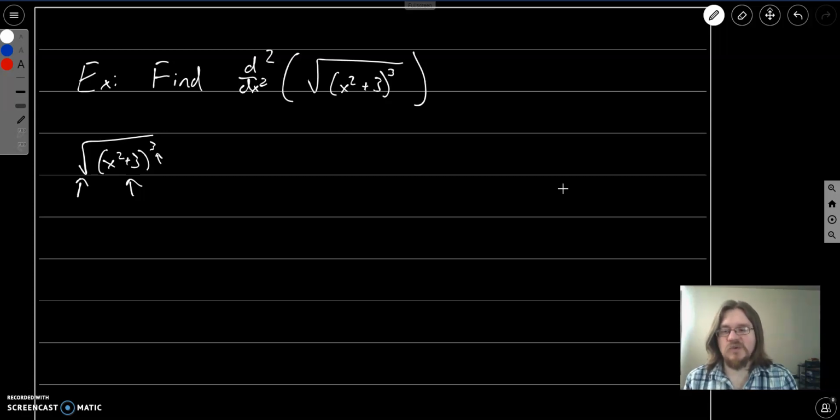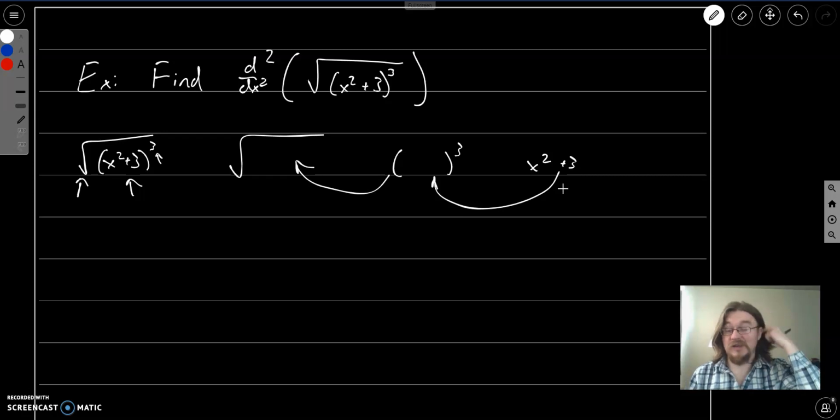So when we look at this, we've got, say, 3 nested functions. I've got the big square root on the outside, I've got the function in the middle, that's take whatever and raise it to the third power, and then we have the function way on the inside. So we're plugging that into there, and then we're plugging all of that into there. So we've got 3 nested functions. However, we don't necessarily have to think about this as 3 nested functions. So this is a valid way to do this, but I'm not going to do it that way,